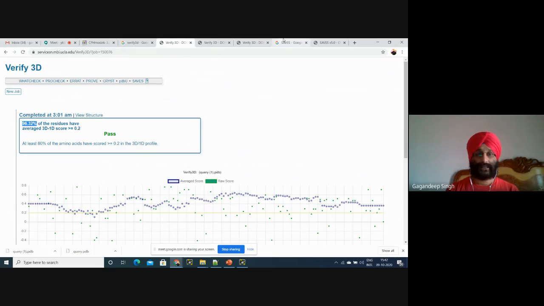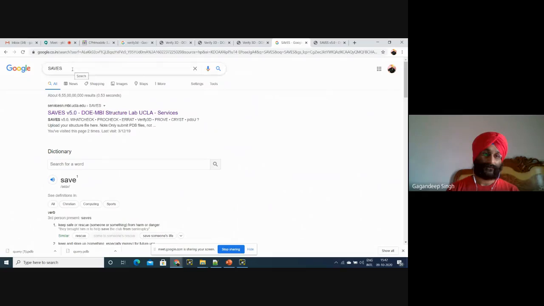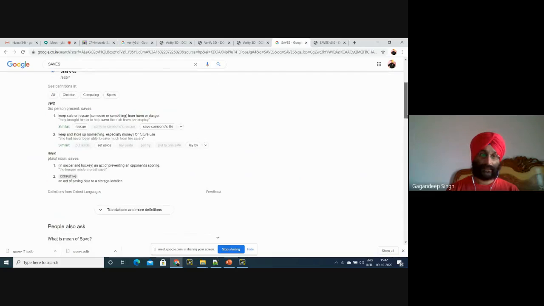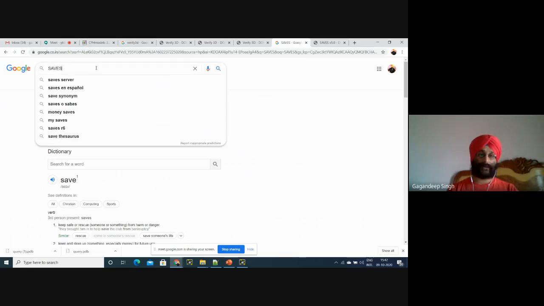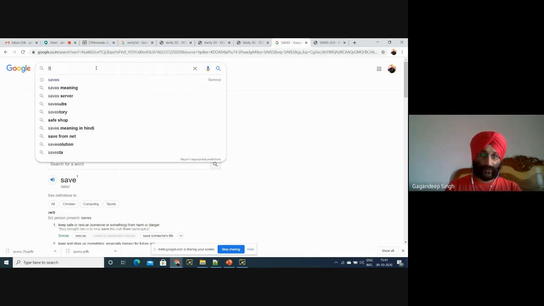Okay. Yeah. Now, what is the next thing, when we have identified whether the structure is pass or not in Verify 3D, which is used for the verification of the structures? Here is another tool which is known as ProCheck.